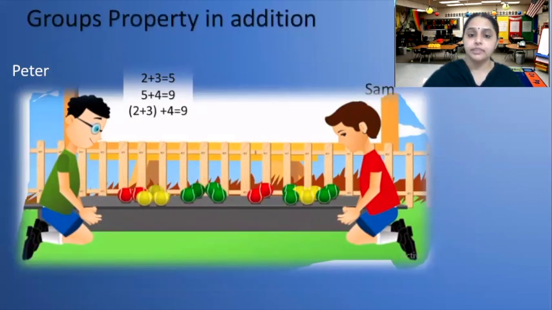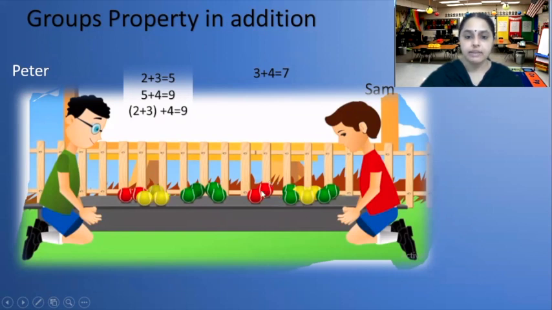How is Sam counting? Sam is first counting yellow balls and green balls. See, can you see a group formed here? So, 3 yellow balls and 4 green balls. So, the total becomes 7. And then he adds with this total of yellow and green balls, Sam is adding red balls.